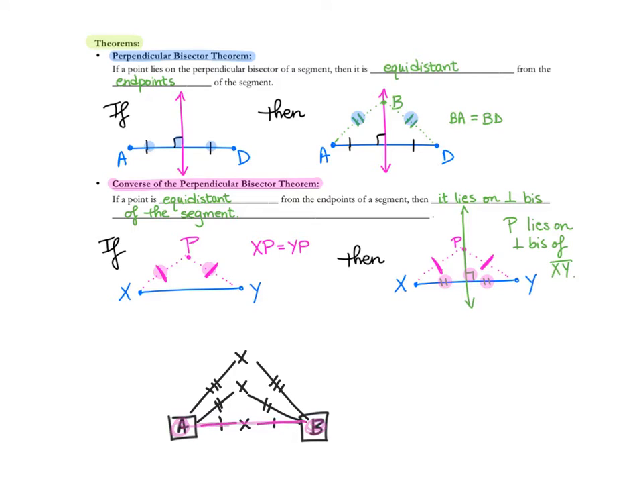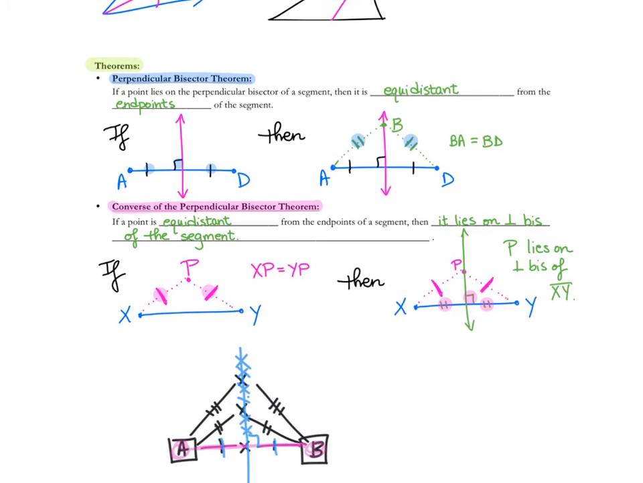So if we draw this segment and then we draw the perpendicular bisector, anywhere that I stand on that perpendicular bisector would place me the same distance from student A as I am from student B. So that's what's going on in the perpendicular bisector theorem. So there's a theorem and the converse of the theorem. So first of all, the theorem says